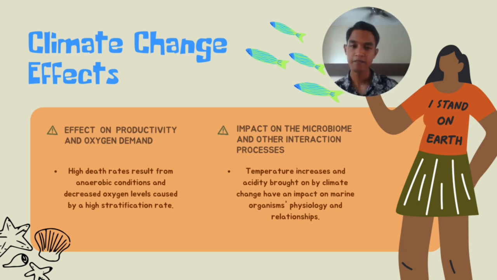Furthermore, the impact on the microbiome and other interaction processes. Climate change is causing an increase in temperature and acidification, which affect the physiology and interaction of marine species. This climate change has serious implications for kelp and its relevant microbiome. The change in the structure and function of the microbiome is important in terms of environmental change. Seagrass species divide into similar microbial communities. Root structure and function have shown lower exudates and a lower microbial population in Halophila ovalis and Halodule uninervis.